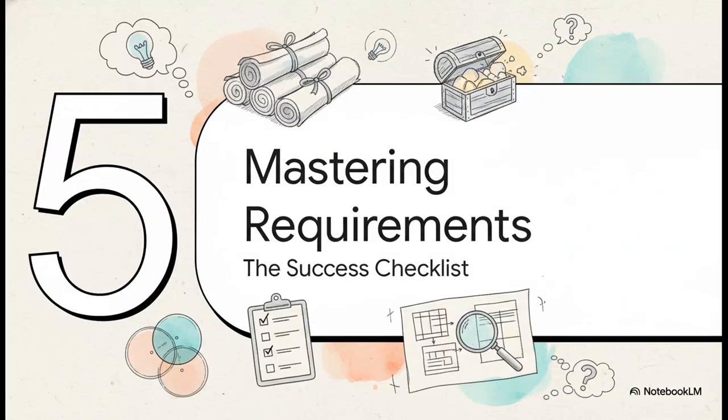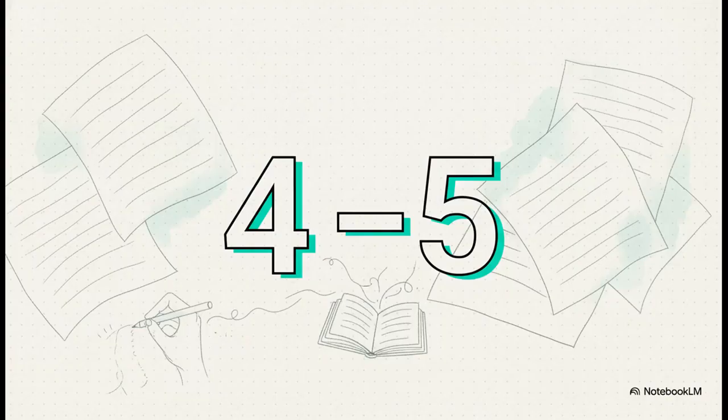All right, home stretch. Let's nail the landing with step 5, mastering the requirements. Because all your brilliant ideas need to be presented in the right package to get the credit they absolutely deserve. First thing, the length. We're talking 4 to 5 full pages, double-spaced. And that's not just a random number. It gives you the room you need to really develop your argument and explore the evidence without rushing. So make sure you hit that target.